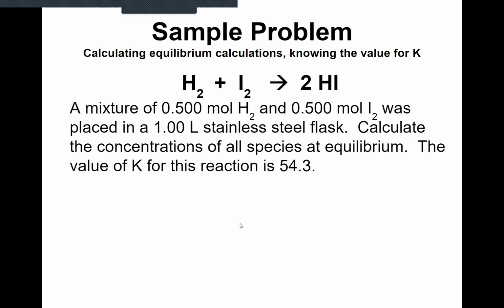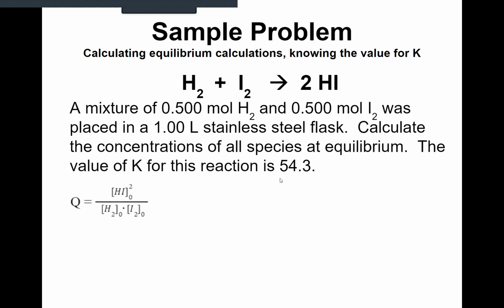Let's try one more sample problem. Here's one where I'm going to ask you to calculate equilibrium concentrations knowing the value for K. Here's a balanced equation: H2 and I2 yields 2HI. A mixture of 0.5 moles of H2 and 0.5 moles of I2 was placed in a 1 liter stainless steel flask. Calculate the concentrations of all species at equilibrium, and they give you the value for K,